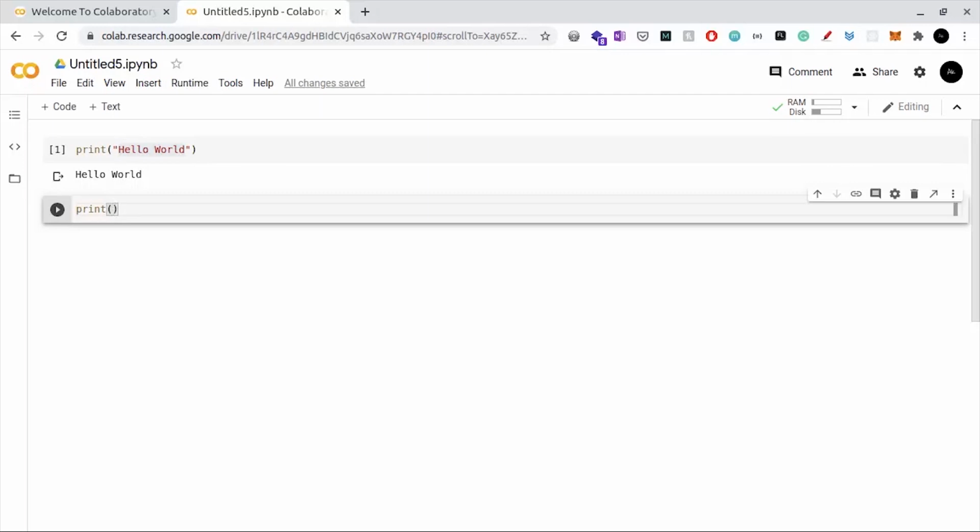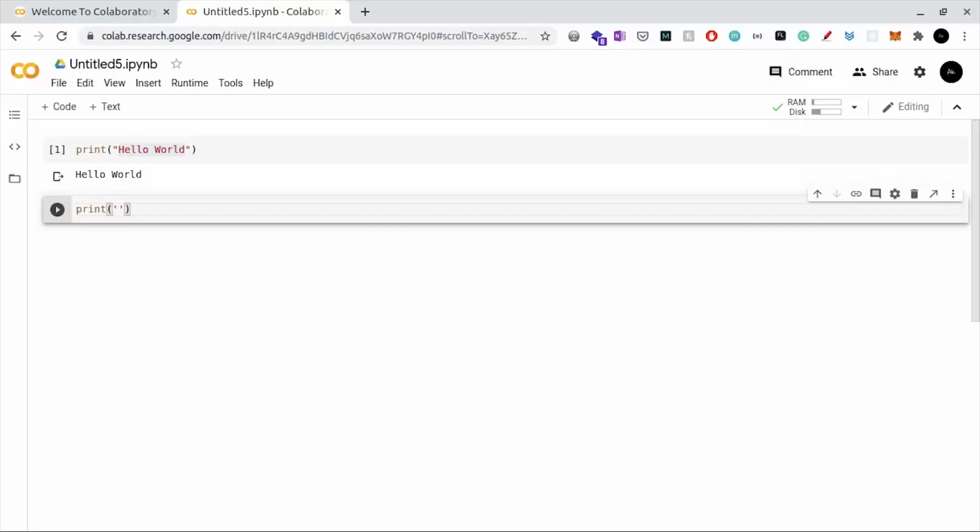Anything that contains letters or characters is called a string. A combination of letters and characters is called a string. So, like hello world is a string, and in many languages, like for example C, C++, Java, you have to put double quotes around them to print them or to use them. In Python, you can use either double quotes or single quotes.